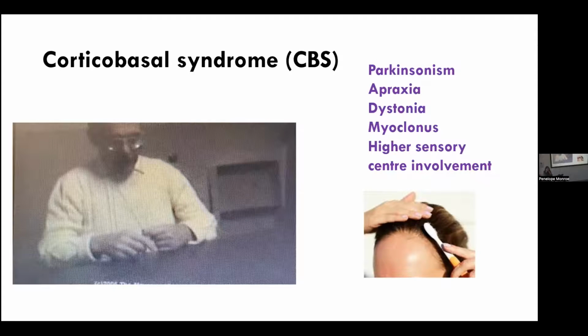Another feature that is quite unique to corticobasal syndrome is this higher sensory involvement. So some patients might have gone through this. I'd have given them something to hold, I'm usually scrambling for something in the RA's office, like a battery or a key, and I ask them to guess what they're holding in their hand, and that is that higher center function. So I've got the same patient we saw earlier, but this patient's actually trying to use that left hand to do something, but he can't, and that's apraxia.